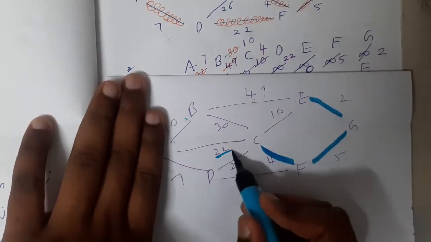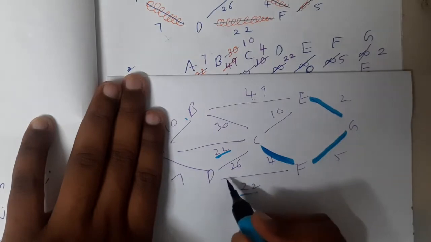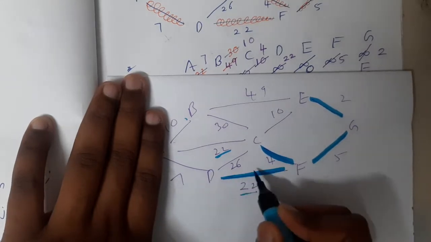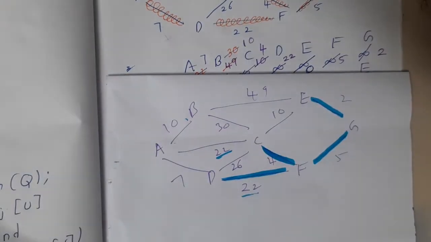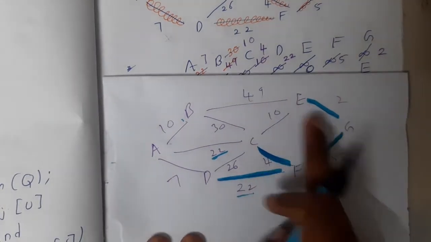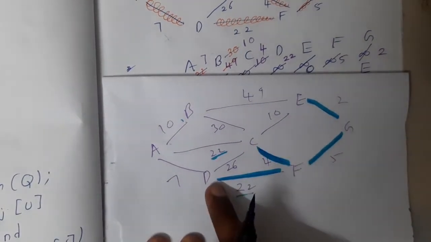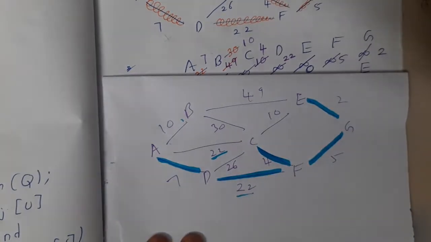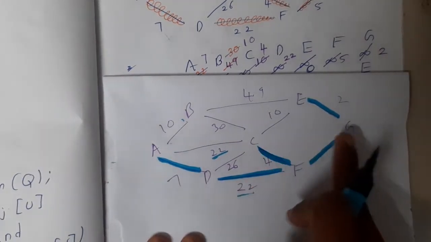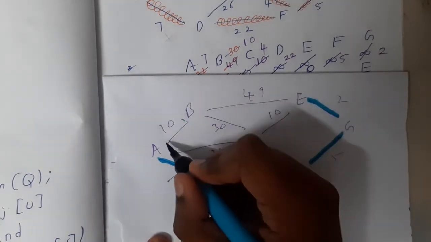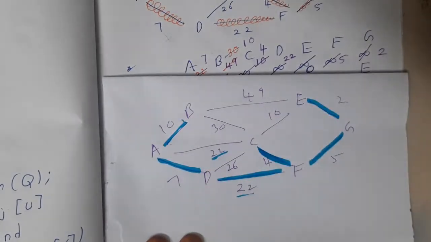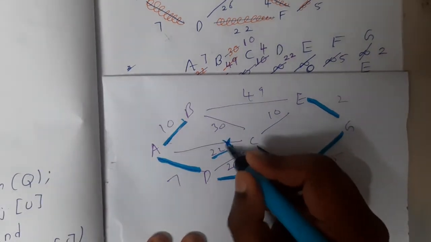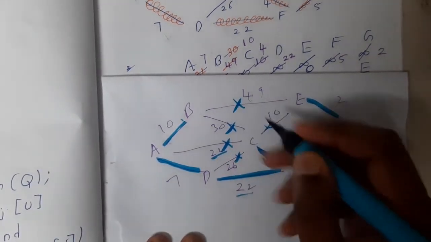Here we have 22 and here also we have 22. For our understanding I will take this 22; you can take that 22 also, it's completely up to you. Similarly, from E, G, F, C, D, which is minimum? 7 is minimum. Then from all of these, 10 is minimum. Now you have visited each and every vertex, and all the edges you left will form loops. So this is the minimum spanning tree.